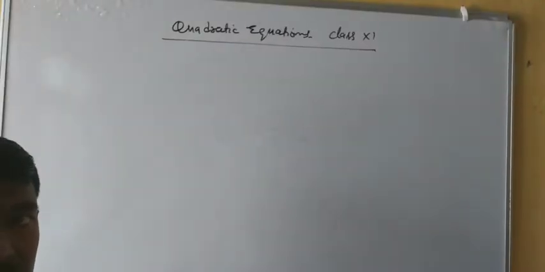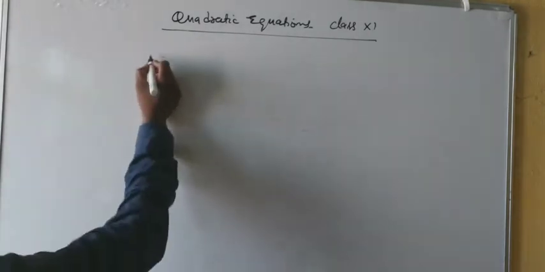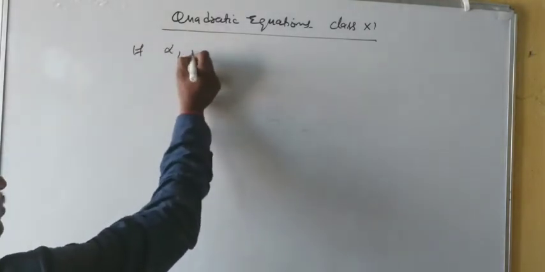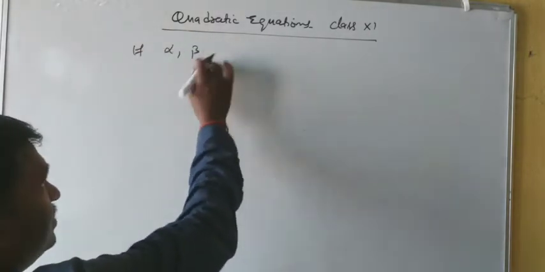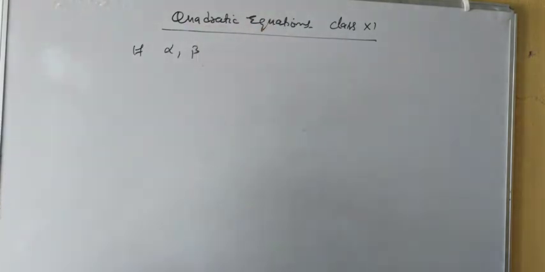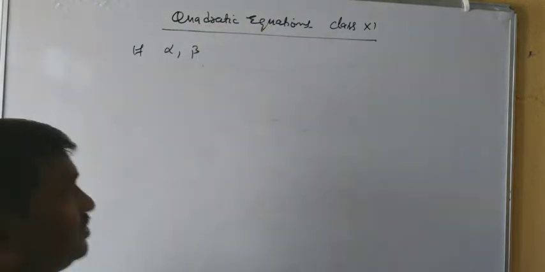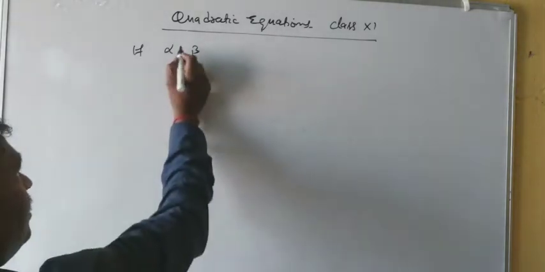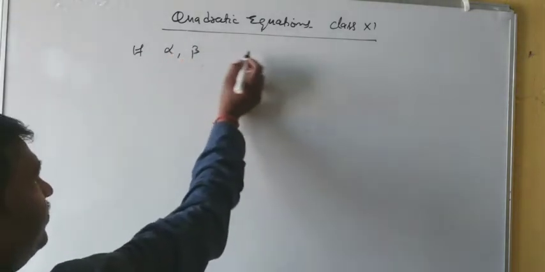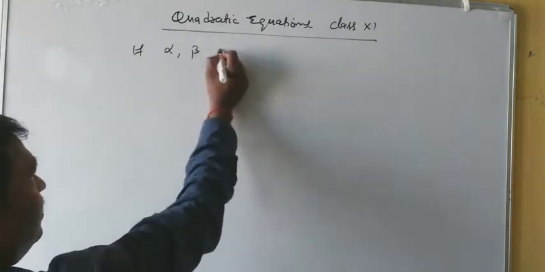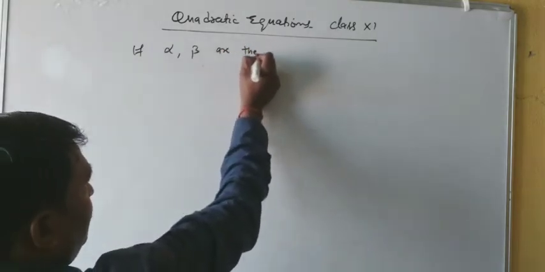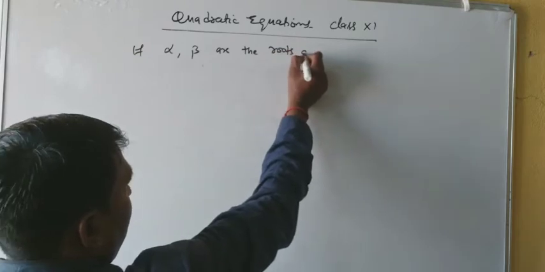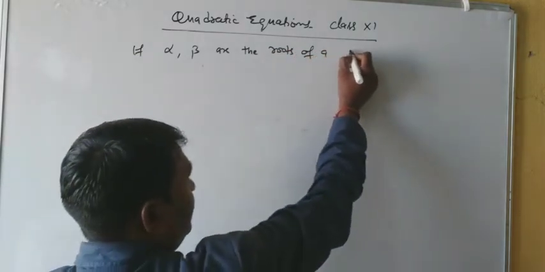So the basic way is that if roots alpha, beta, since we are studying quadratic equations, that's why I am taking alpha and beta only, since a quadratic equation has two roots only. So if alpha and beta are the roots of a quadratic equation,